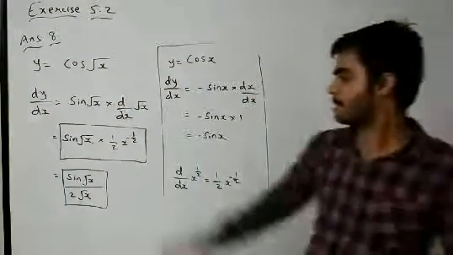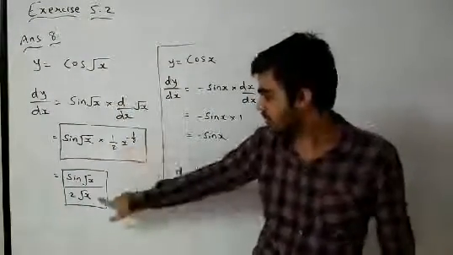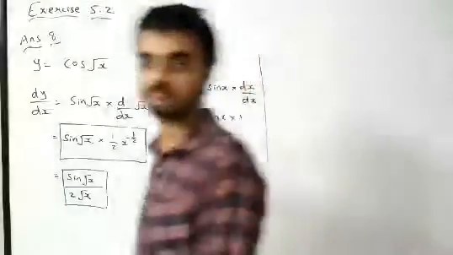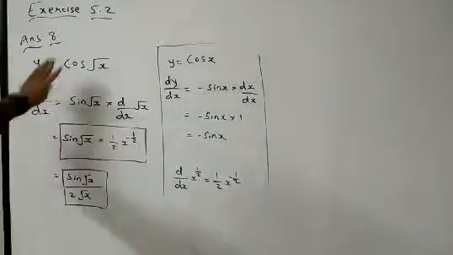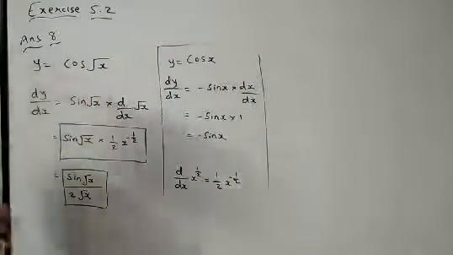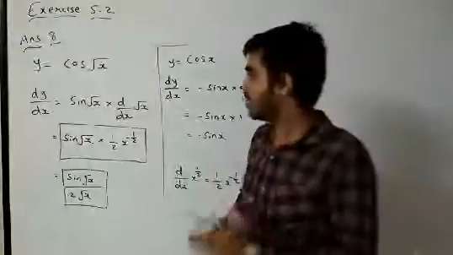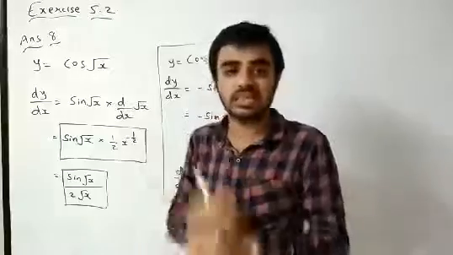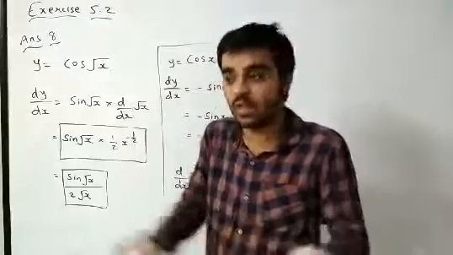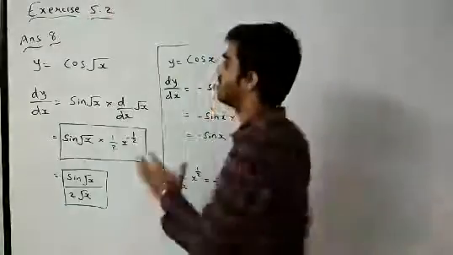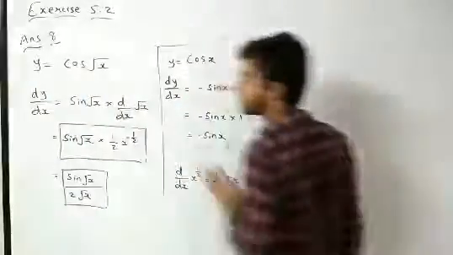Right? X raised to minus half going down. So here, yes, this is your required answer. Clear? So this also becomes very easy. You can solve on that because that method which we have used is also correct. But now it is easier for us to do differentiation. Now we are habitual to do differentiation, so we are doing it this way, right?